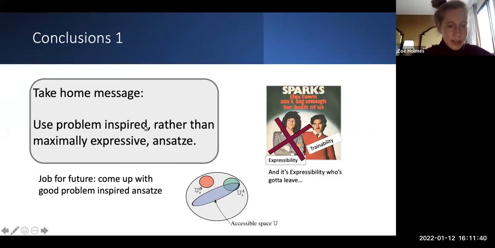Okay, so that's coming to the end of the first half of my talk. The take-home message is there's a trade-off between expressibility and trainability, and one of them's got to go, and it looks like that's going to be expressibility. That is because the important thing to note is that your ansatz does not strictly need to be expressible in order to contain a solution. It just needs to be complete with respect to the problem you're actually solving. So what we're going to want to do is try and come up with good problem-inspired ansatz that are likely to be complete with respect to your particular problem, i.e. something like this for problem A, but not actually explore the total space too fully.